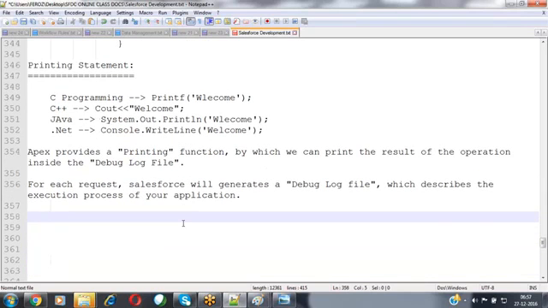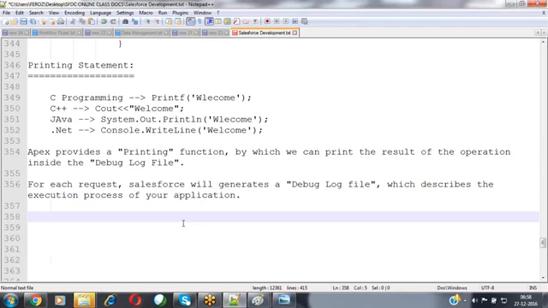Now we can use the debug log file. Inside the debug log file, your message will be printed. So how can we print our message into the debug log file? This debug log file is nothing but a result file for you. Where exactly can we cross-check the code? If there are any errors, we can cross-check inside the debug log file itself: what exactly the error message was, and why my program is not able to execute properly. Everything we can cross-check inside that.